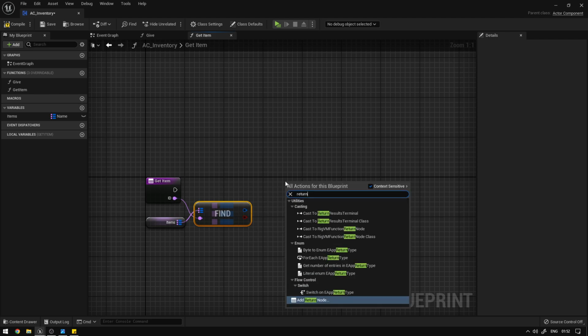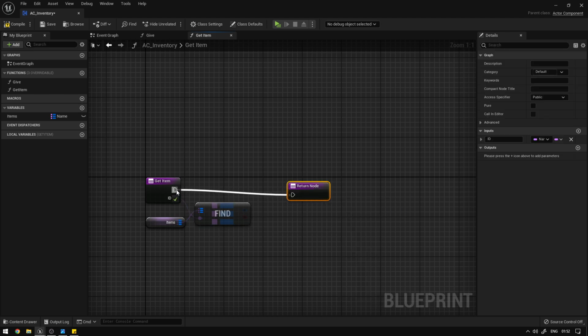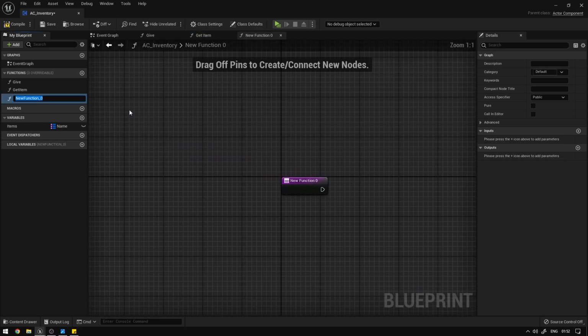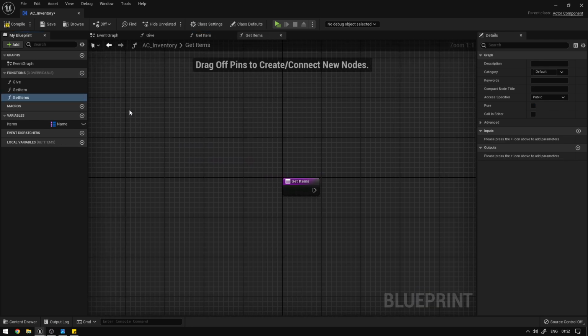So now we can say return nodes and connect this over there. We can connect this boolean first and call it success. Now we can connect this and just leave it as it is, okay? Now we can go over here and check the function to pure, which means I don't have to connect it to anything before calling it, okay? Now compile and save. We're going to create another function here, which will be called get items, which will allow